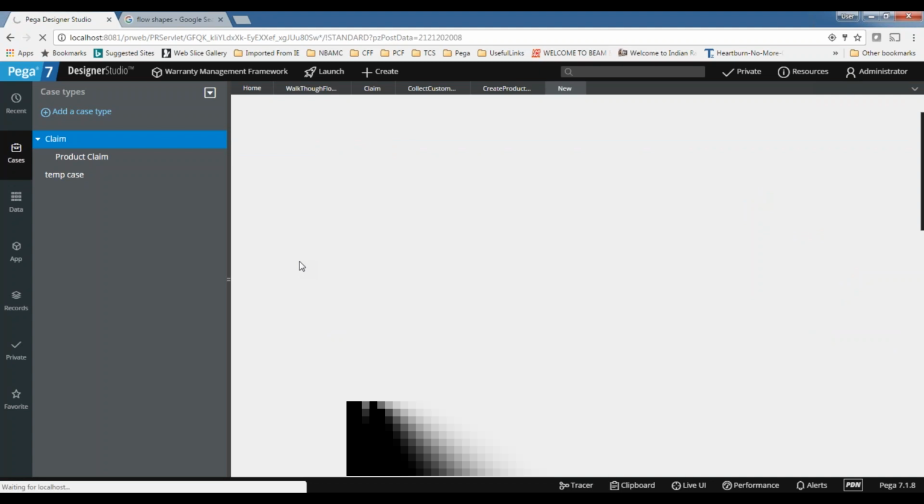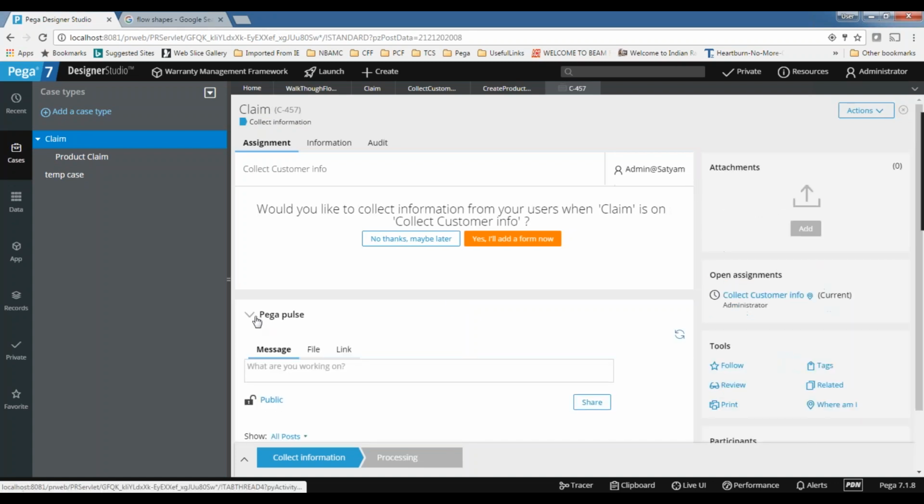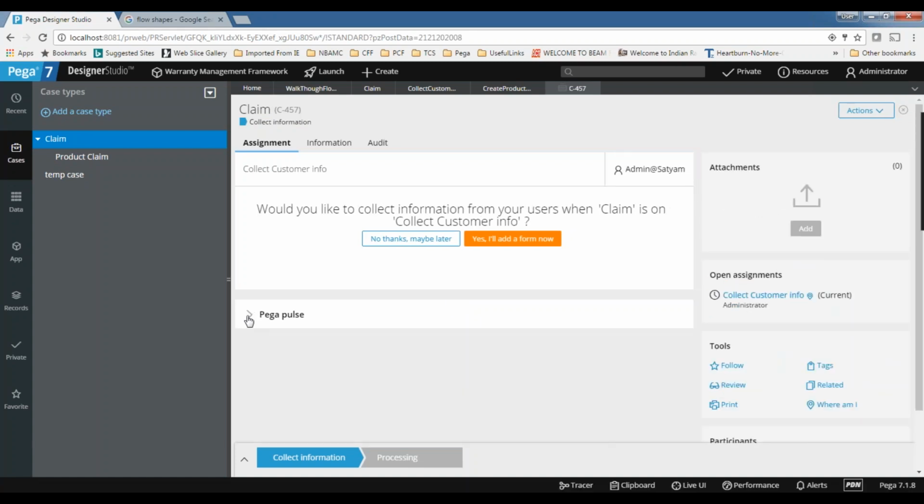the pulse is there at the bottom. You can see Pega pulse is there. This is a collaboration tool among the case processors, or whoever is involved in the case processing. Let's say this is a credit card application or claim application.